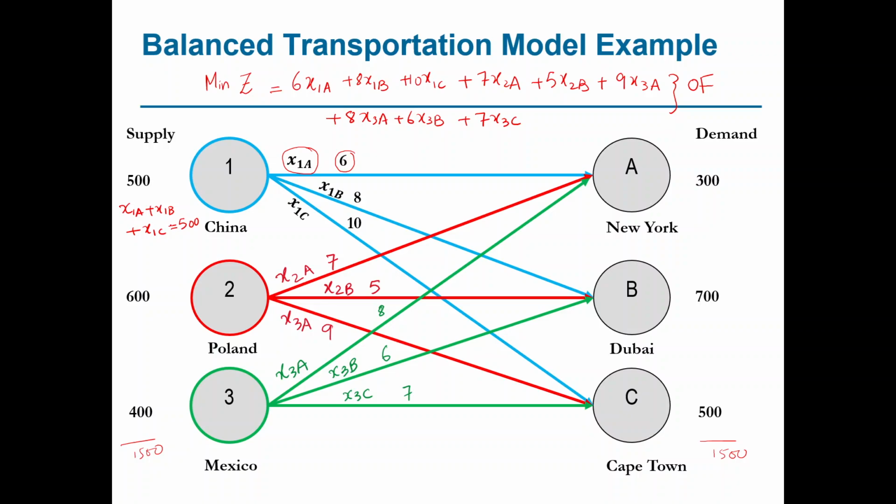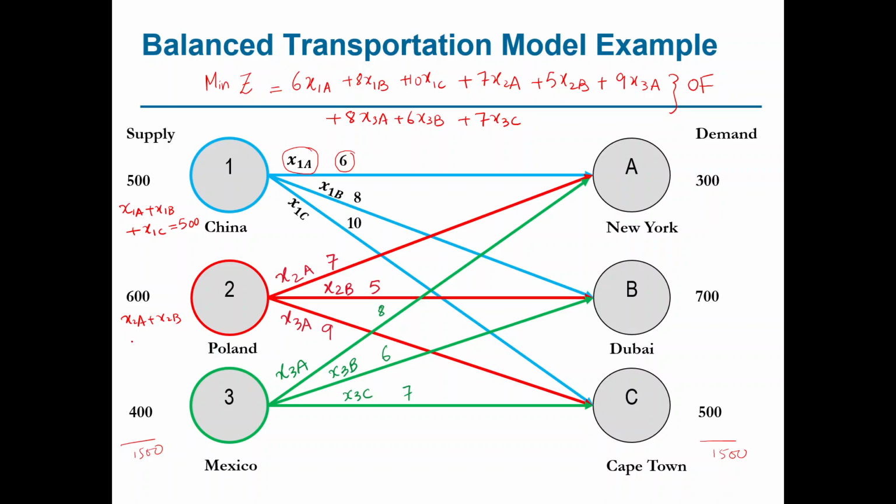This is because all the quantity from China must be shipped to the destinations, because we have to fulfill the demand, and this can only be done by forcing all the quantity available at the source node to move towards the destination node. In a similar way, we can write an equation for Poland, and that would be x2a plus x2b plus